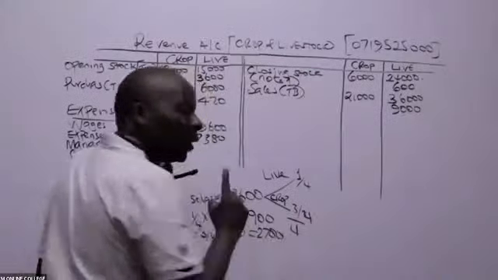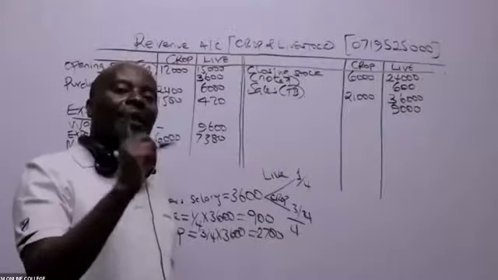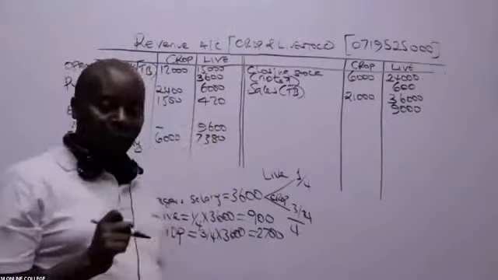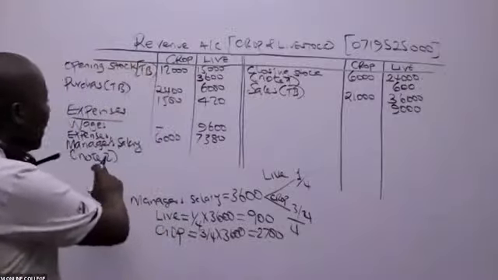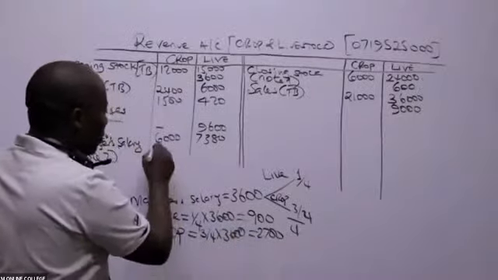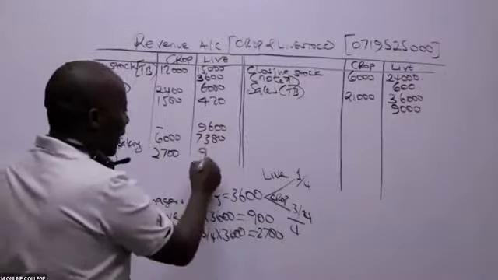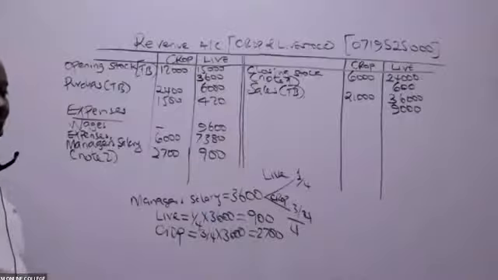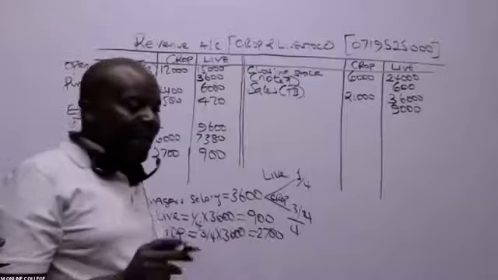So now, automatically, when the examiner gives you a criteria for apportionment, then that cost becomes direct and it has to go to our revenue account. So when you come here, manager's salary for crop is 2,700, don't confuse. Livestock is 900. Ladies and gentlemen, after that, do we have any other expenditure that should go to the revenue accounts?